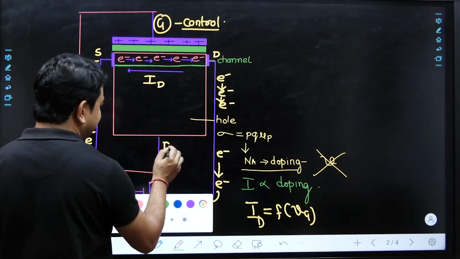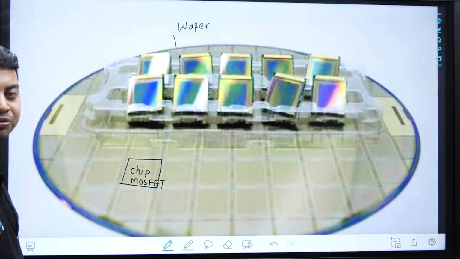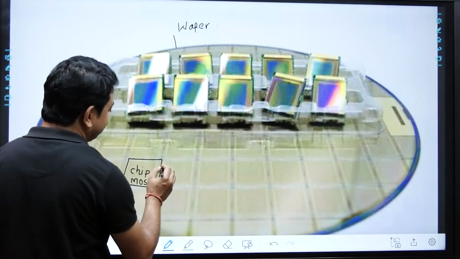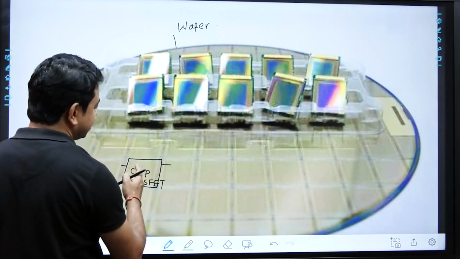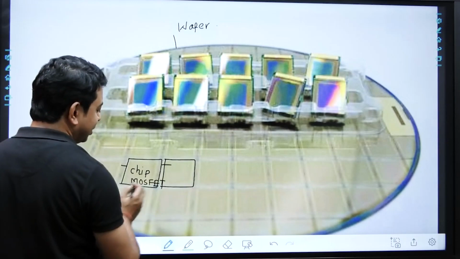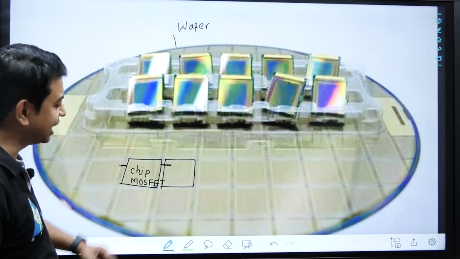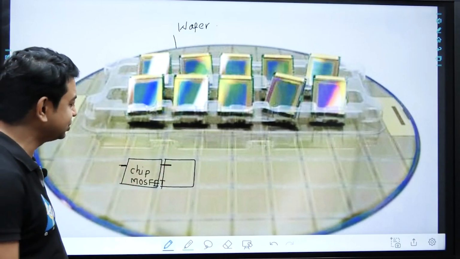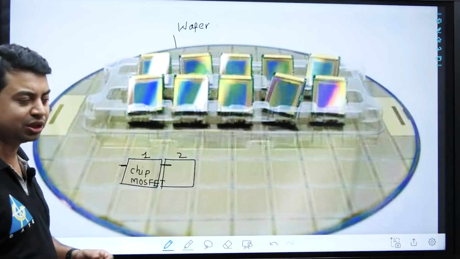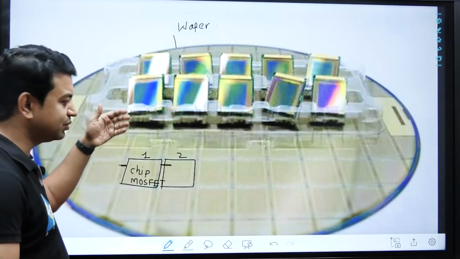If you are doing the fabrication process and the chip is present inside this large wafer, then there is no provision to connect any terminals on the side walls, because on the side walls we have other chips. So definitely if you take the terminals from the side walls, then we cannot construct another chip just beside the first chip. So this is the first chip, this is the second chip, and there is no provision to connect anything at the bottom side or the back side of this wafer.